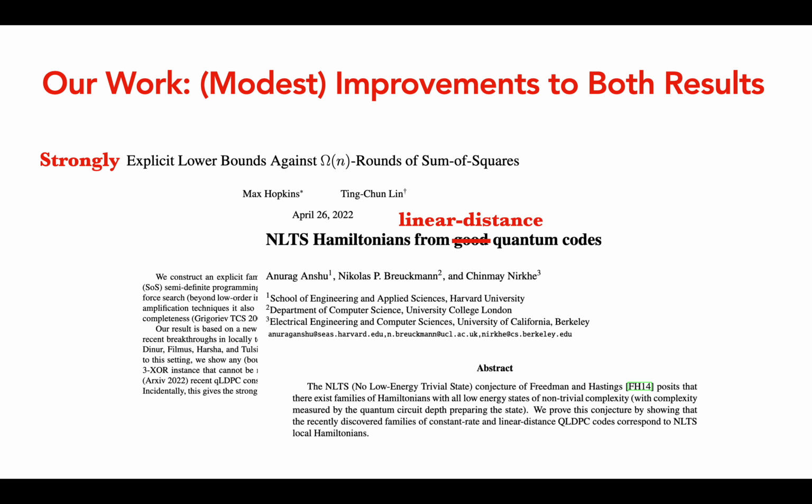And on the NLTS side, we relax the requirement from having good quantum codes with constant rate, distance, and locality to just having codes with constant relative distance and locality. So we essentially remove the constant rate requirement and in fact show that any positive dimension suffices. We don't need anything close to linear dimension for these codes in order to get NLTS.